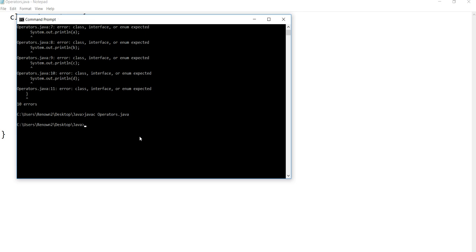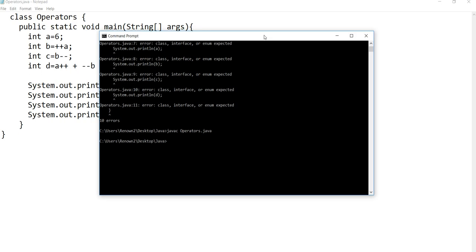Now it compiled successfully, because we made a small mistake: we typed a capital C, but it should be small.